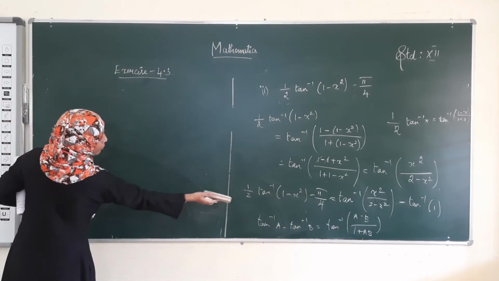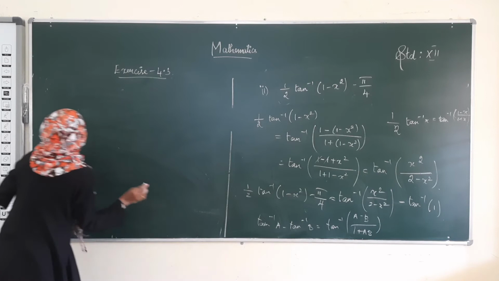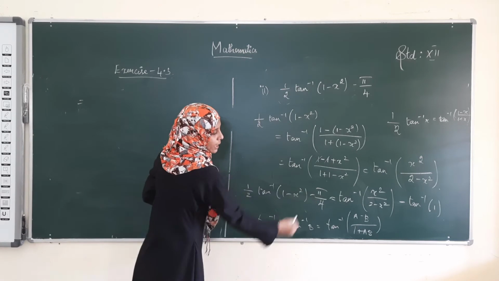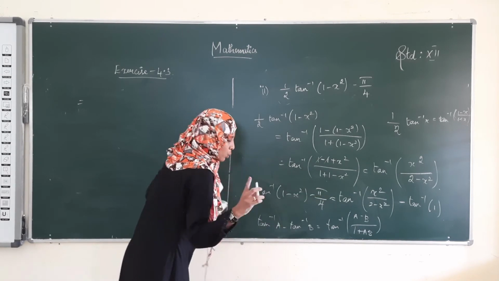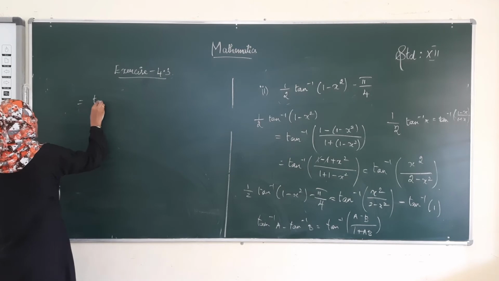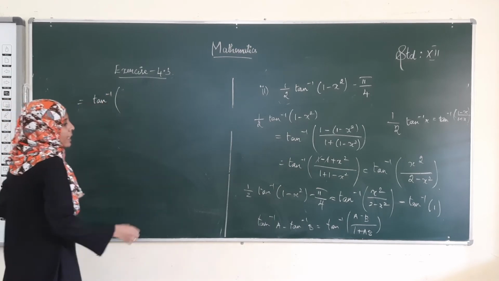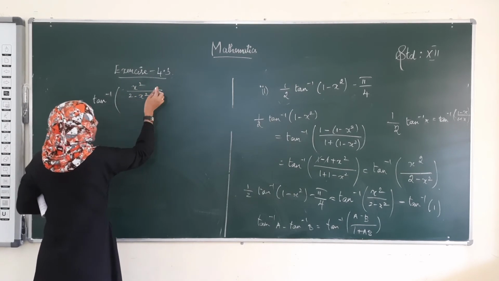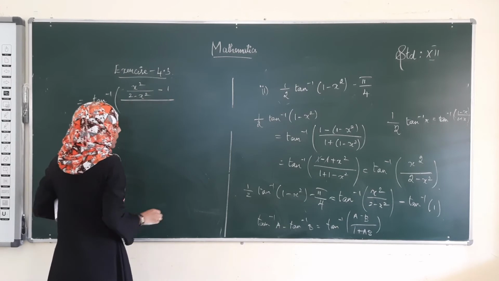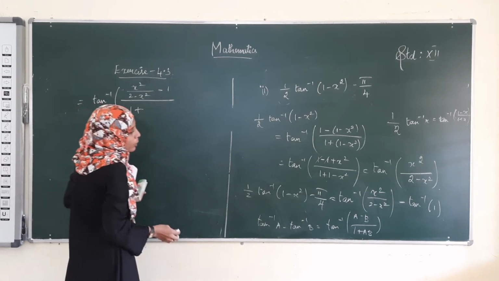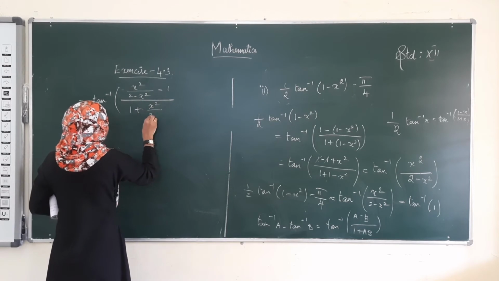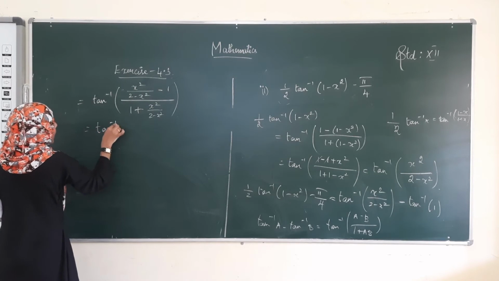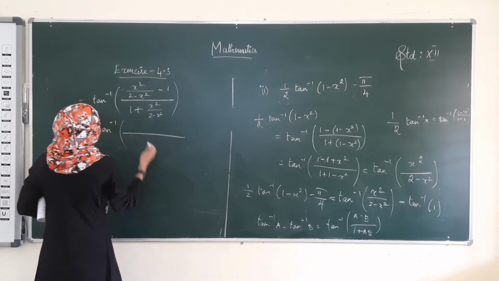So, you have to apply the formula for this step. What do we get? Tan inverse of, here A is x square divided by 2 minus x square and here B is 1. Therefore, it becomes tan inverse of A minus B, what's A? x square divided by 2 minus x squared, minus B which is 1, divided by 1 plus A into B, where A is x square divided by 2 minus x square into 1. Let us take it as equal to tan inverse of, shall we take the square root?